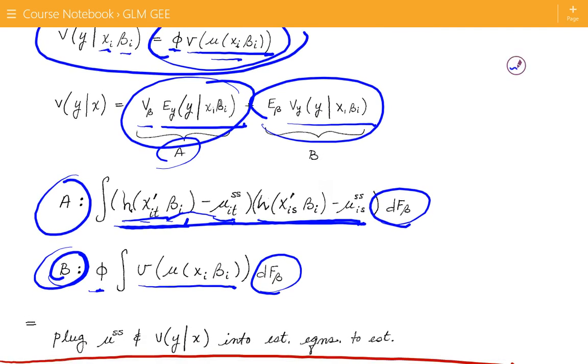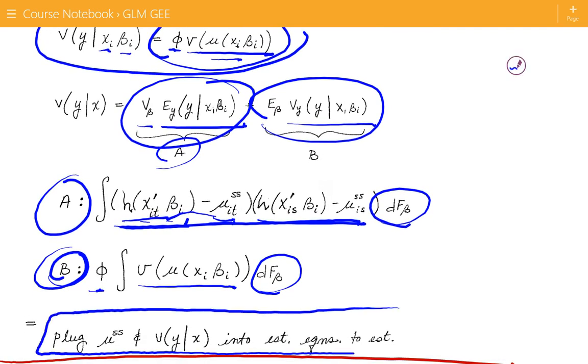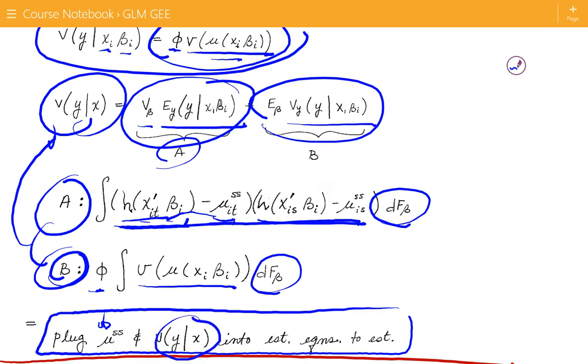So we can essentially plug the mean, notice the 2 together gives me this variance, the mean and the variance into our estimating equations above, and we can analyze that and use that as an estimator. And so that is a subject-specific generalized estimating equation, and it's essentially a mixture model, and it's what we've done when we did our general maximum likelihood, and we've done similar techniques, which most likely are going to include some sort of numeric calculation of the integrals, such as a Monte Carlo simulation of integrals in the estimating equations,